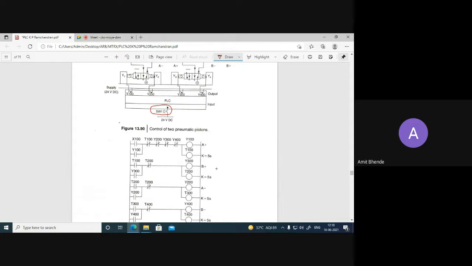There is only one switch, whereas in yesterday's application there were two switches for one cylinder. That means an extension switch and a retraction switch, separate for each cylinder. But here only one switch is given. That means the moment you press S1, the pattern A plus, B plus, A minus, B minus should